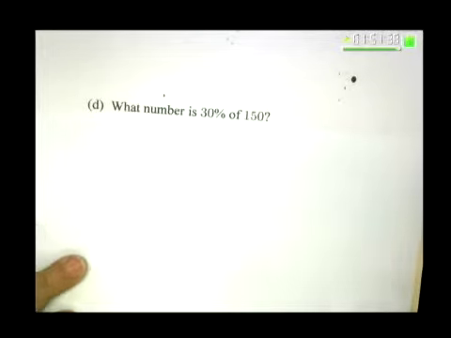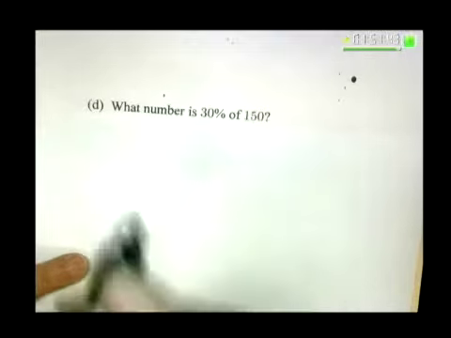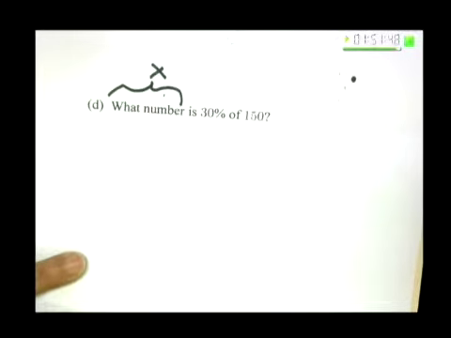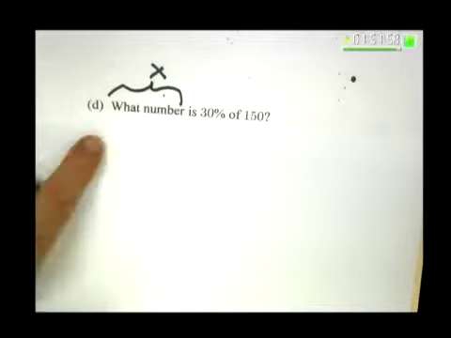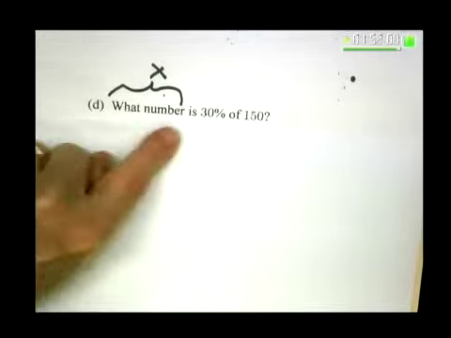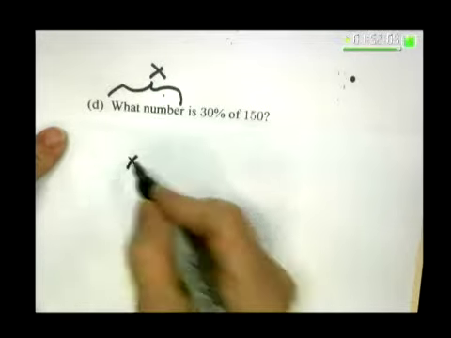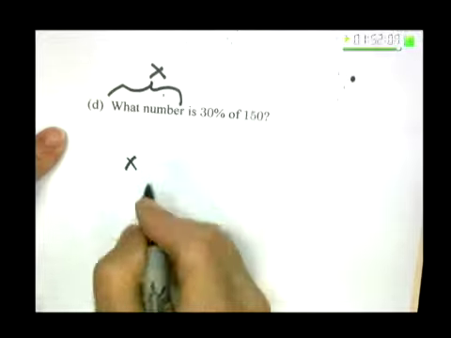The last problem in number 13D says, what number is 30% of 150? I'm looking for what number. That's my key. That's my X. So I've written my key. X stands for the number. Now it says what number. So what am I going to translate that what number? What am I going to write? X is equal